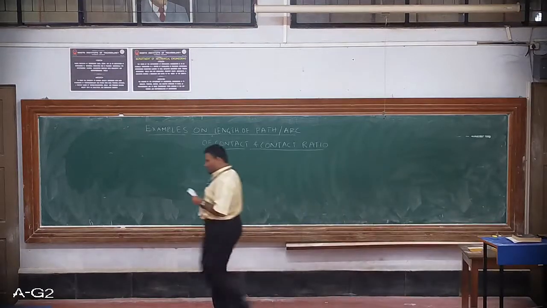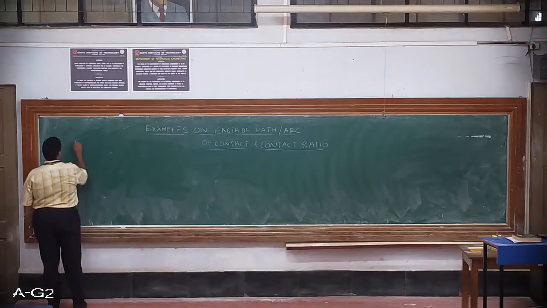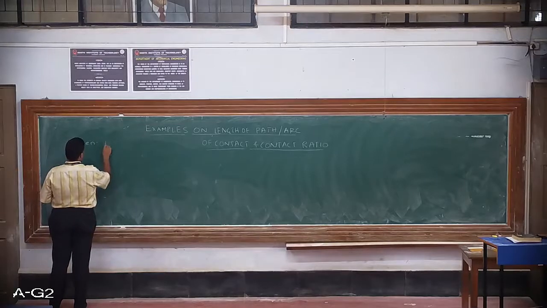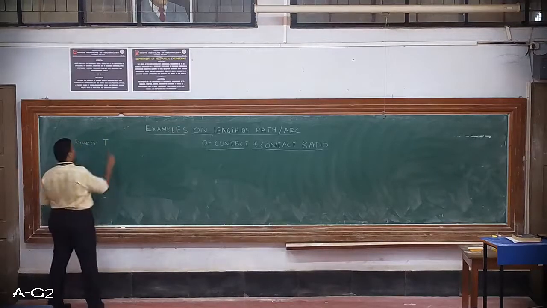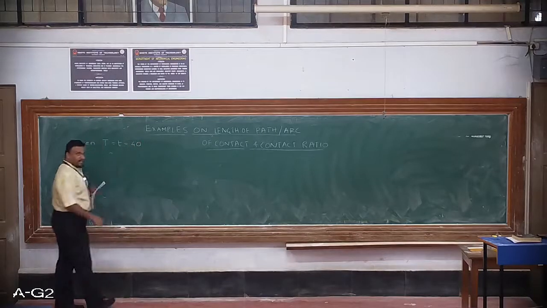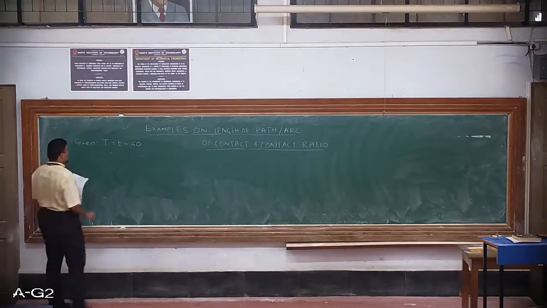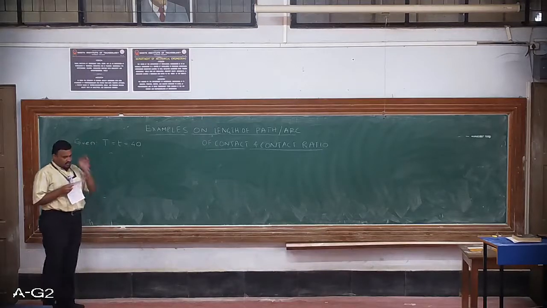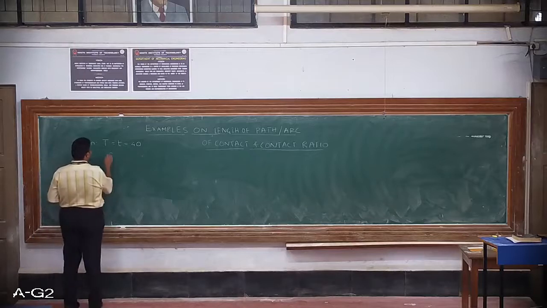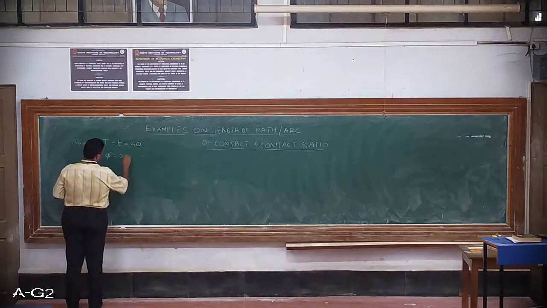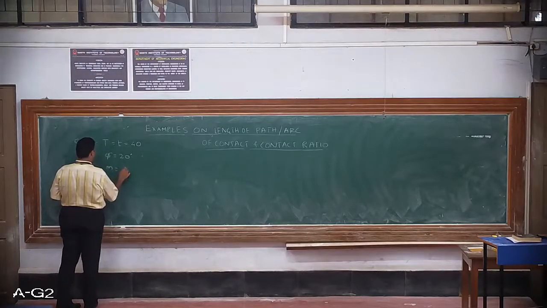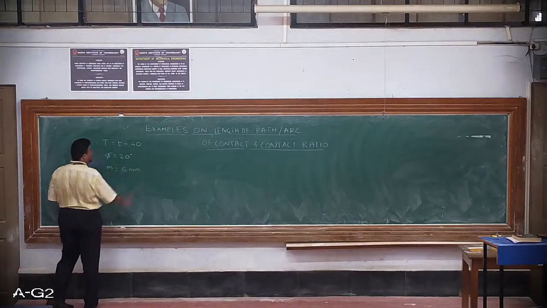So first let us note down these given values. Given to us is the number of teeth on the gear and the number of teeth on the pinion are equal, so capital T and small t we will take as 40. Then they have said the teeth have a 20 degrees involute profile. That means the pressure angle phi is 20 degrees and the module M is given as 6 mm.